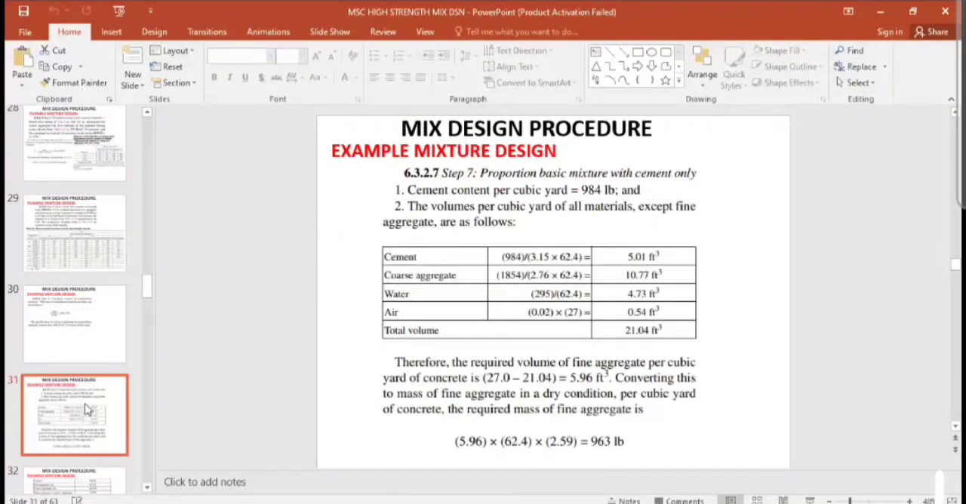So what we will do, we will find out the total volume, the weight divided by the specific weight of each. We will find out the volume. This is the total volume fraction we have. We subtract it from the 27. This is the volume fraction of fine aggregate. So we multiply with the specific unit weight. We will find out the